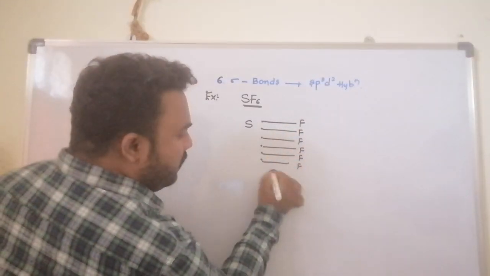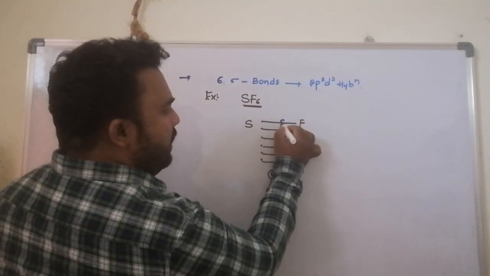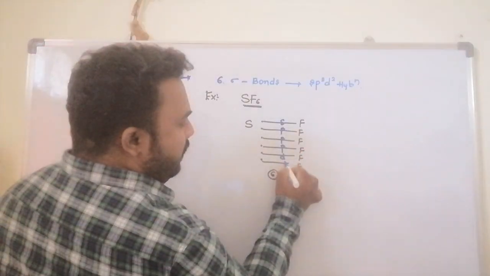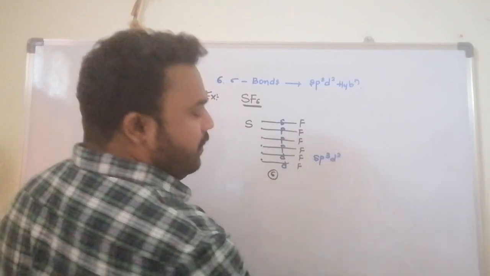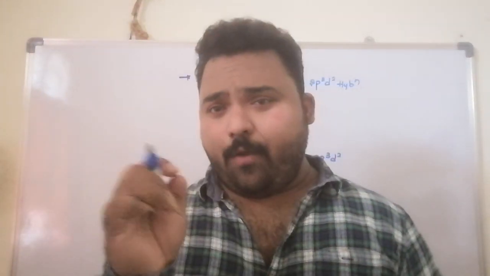So the hybridization is S, P, P, P, D, D: sp3d2 hybridization. If 7 valency electrons are present and bonded with 7 atoms, then it forms